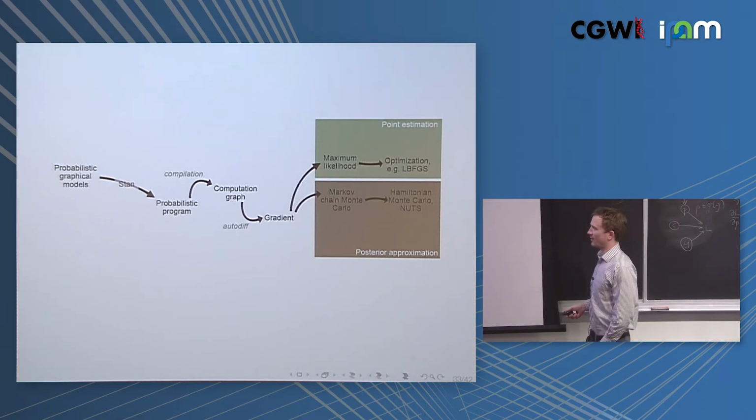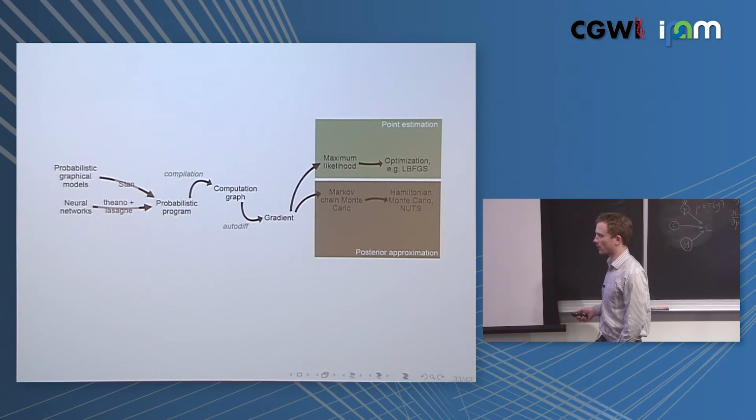So it turns out that what happens when you fit neural networks is very similar to the picture I showed you earlier of using a probabilistic program. For this work, I used Theano and a library that sits on top of Theano called Lasagna. The popular thing to use these days is TensorFlow. But the idea is really very similar in that what languages like Theano and TensorFlow let you do is write down your neural net as what I would think of as a probabilistic program, and then go through these steps of getting a computation graph, a gradient, and then still doing maximum likelihood, although in the neural network setting, of course, typically